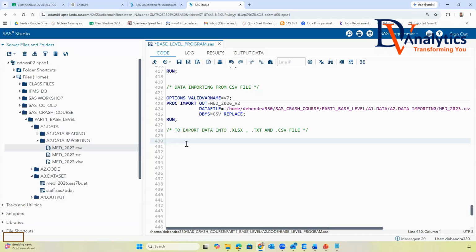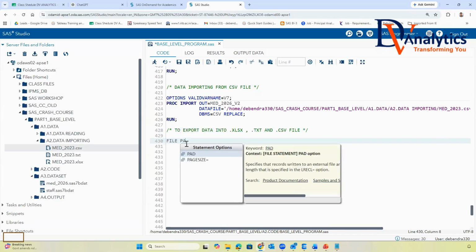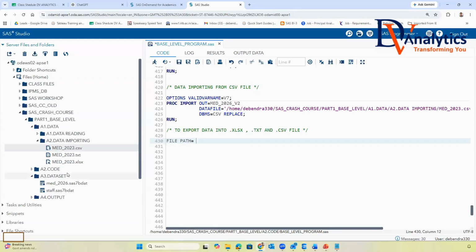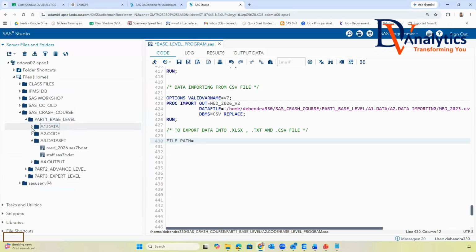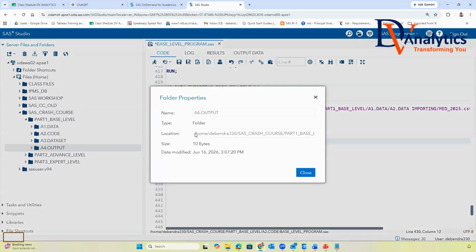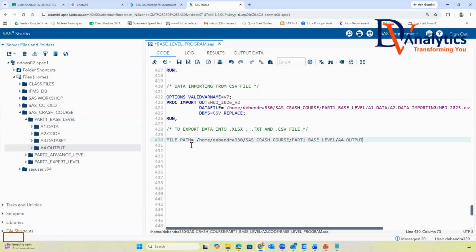First of all, where you want to export, you find out the file path. In your folder that you created, inside this, you have data, code, output. Now this is called the output folder. Copy the path here. So this is the file path, or we call it the output file path for your understanding.